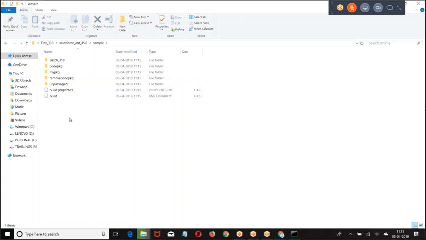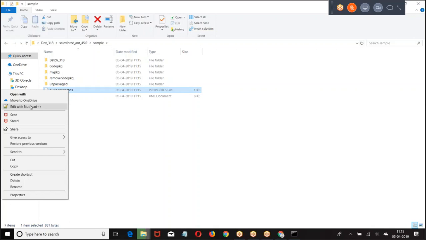This is the folder. First one we need to understand build.properties. What will be there in the build.properties?